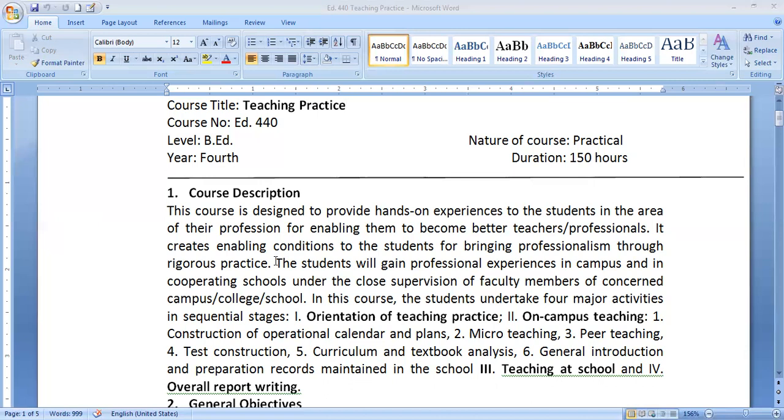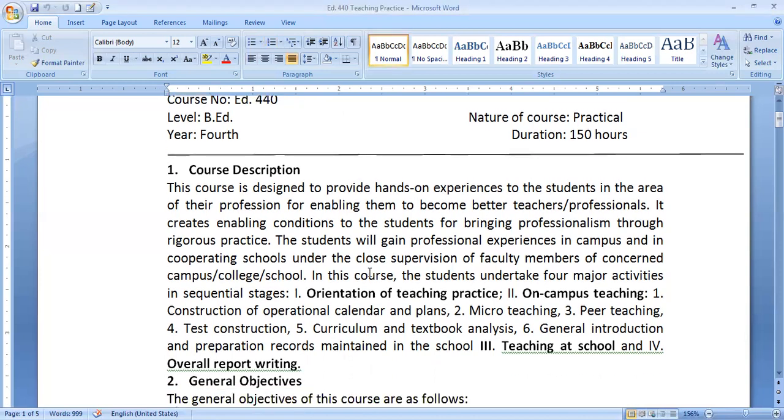Now I'm going to talk about the syllabus of the B.Ed fourth year teaching practice program. Especially in the teaching practice program, students undertake four major activities in sequential stages: orientation of teaching practice, on campus teaching, then construction of operational calendar and plans, micro teaching and peer teaching, test construction, curriculum and test analysis, then general introduction and preparation of the records maintained in the school.